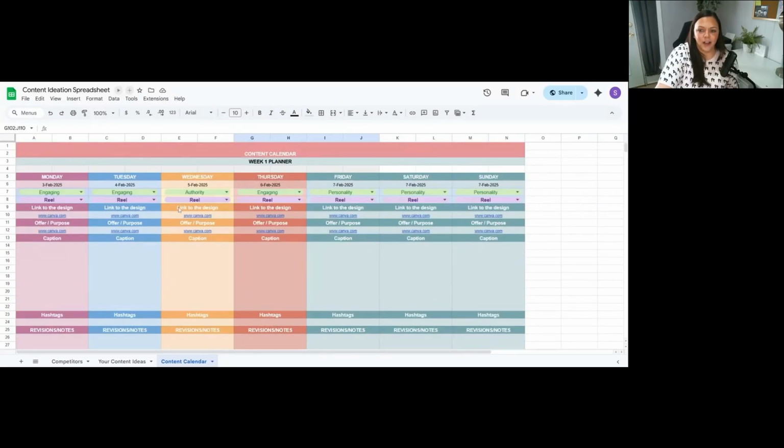But to start, I've got week 1 separated by days of the week. As you can see, obviously the dates are not accurate, so if you just double click, a calendar will pop up and you can choose the correct date. Like today is April 4th, but I'm planning for Monday, which would be the second week. So I'm gonna do March 31st, Tuesday. In the next row, we've got our 3 different content pillars so that you know to separate them out.